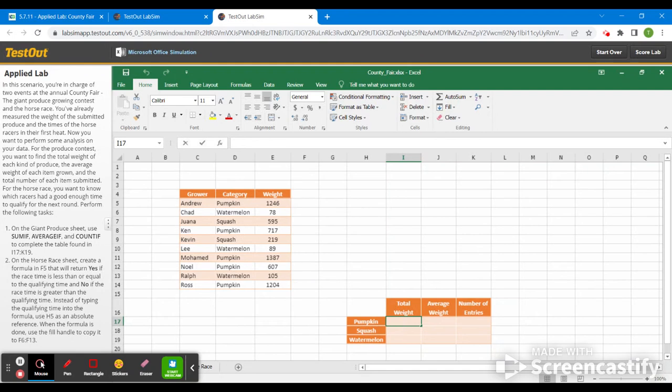So the very first one is total weight. When we want to add a bunch of things together, that is called sum. Since we're looking at an array of data, this spreadsheet is not just about pumpkins, so we have to tell the spreadsheet we are only looking for pumpkins. It's not all about squash, so we have to tell the spreadsheet we only want to pull the data for squash, and the same for watermelon. So to do this, you're going to go equals sum if,